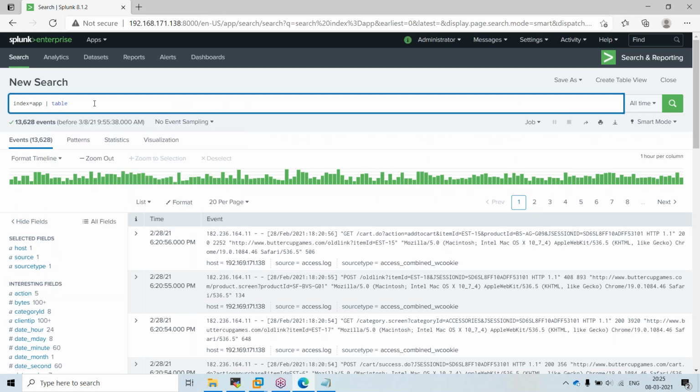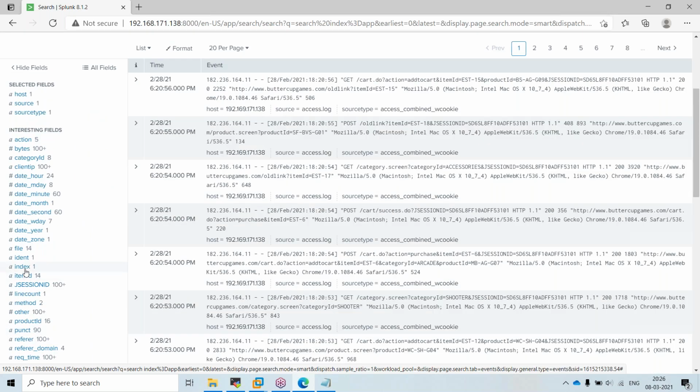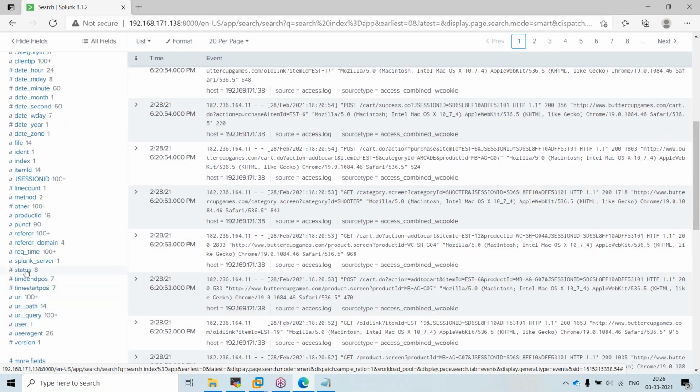I can use this table command and give the field names, like action, comma, and I will put something like method.